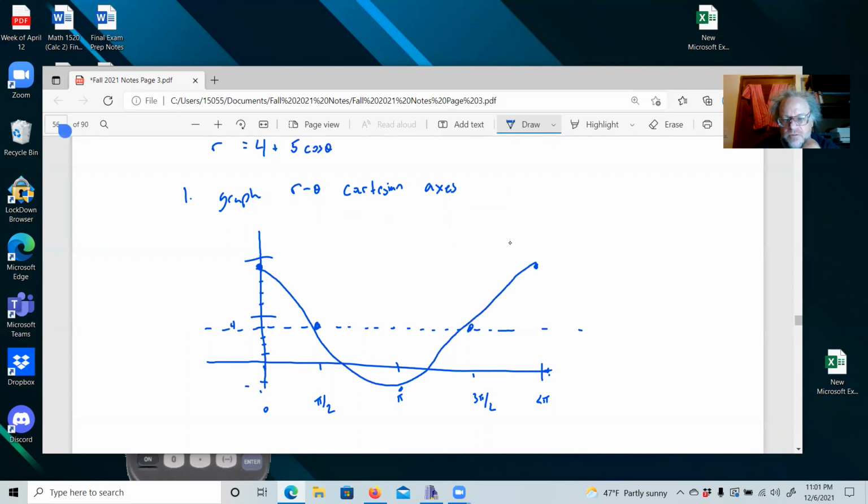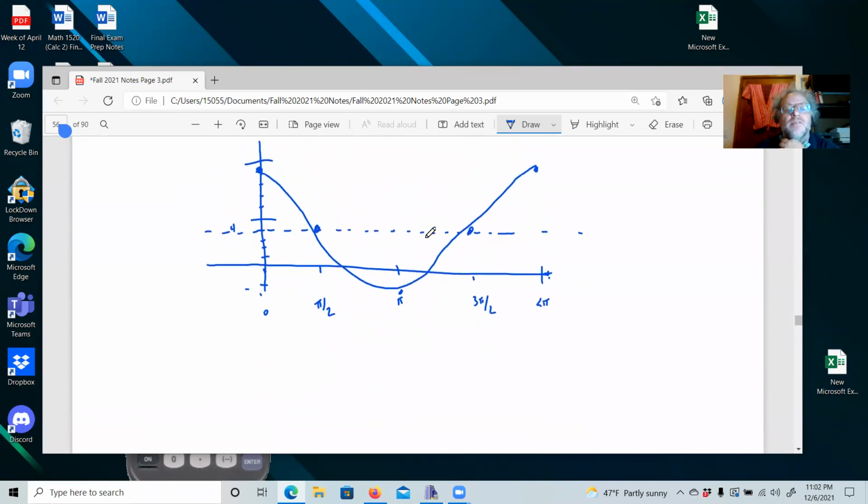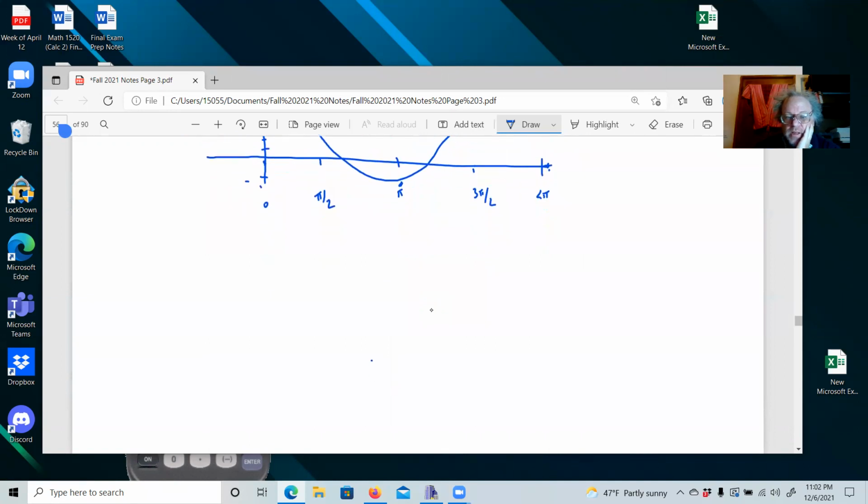I'm just going to ask you to pretend that it actually has all the dots that we have sitting here for cosine. Now, we're going to go ahead and start graphing the polar coordinate form, okay? So the reason why I want to do it this way is because where does it go underneath? Where does it go negative? That's the problem, okay? So what we're going to do,